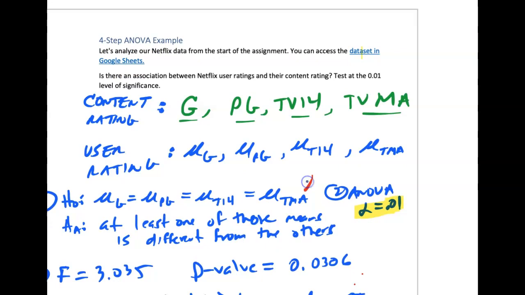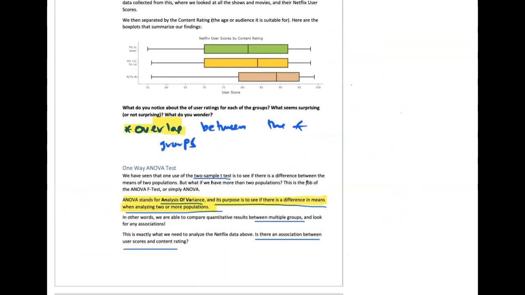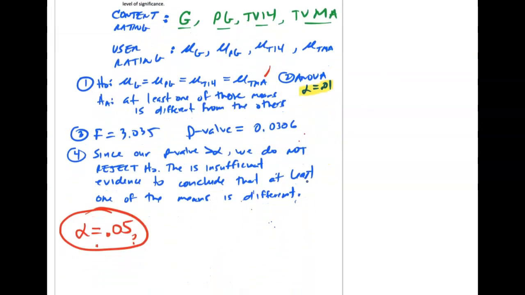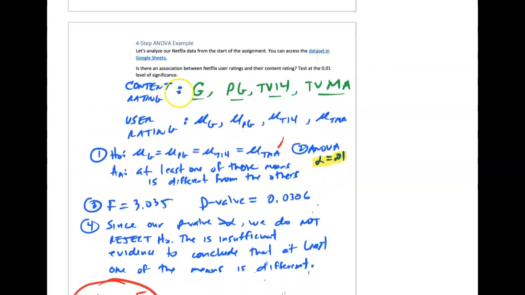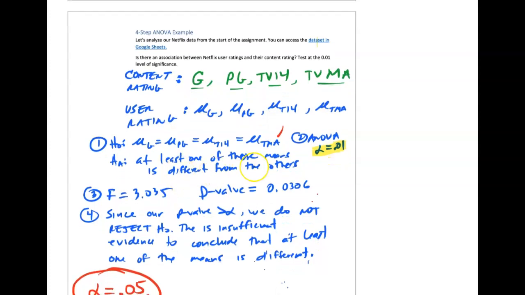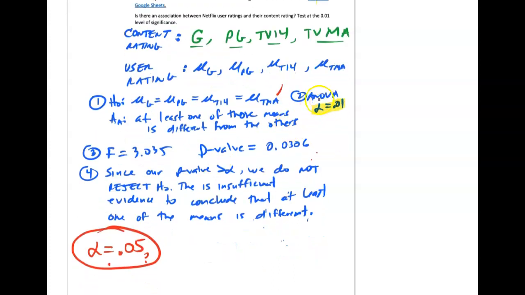Now, if we were going to run the full test, the one that we saw here, we don't have the data. We're just going to show you, and then I'll show you an example with data. You would say here you have the different content ratings and the user ratings, the actual mean values, and that's what you see, the mean symbol. We're saying they're all equal to each other, versus at least one of them is different. If you have the PDF, you could click on the data set and run the test. You'll see at least one of them is different, that's the alternative. You have the ANOVA, the alpha, and then you get the test statistic, the p-value, and then it's that same